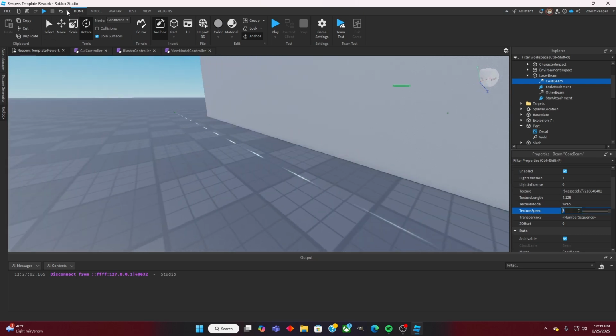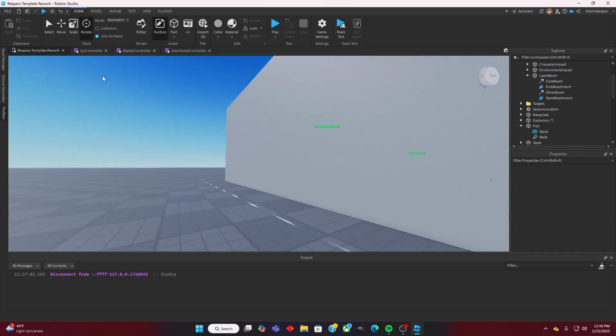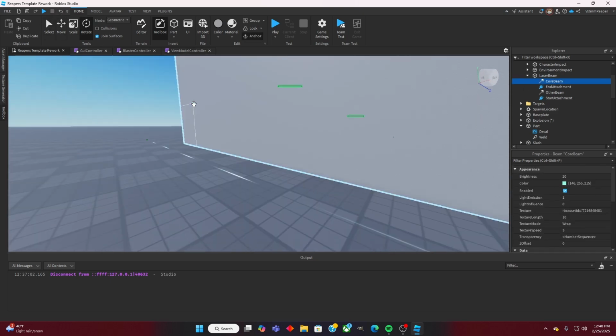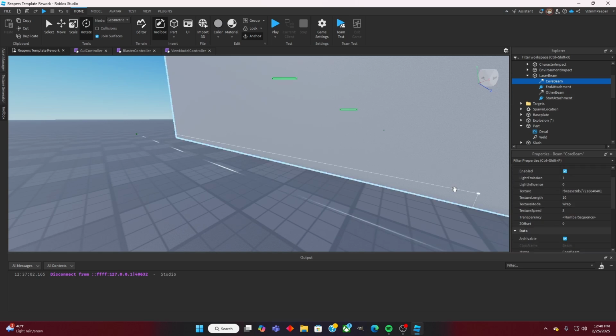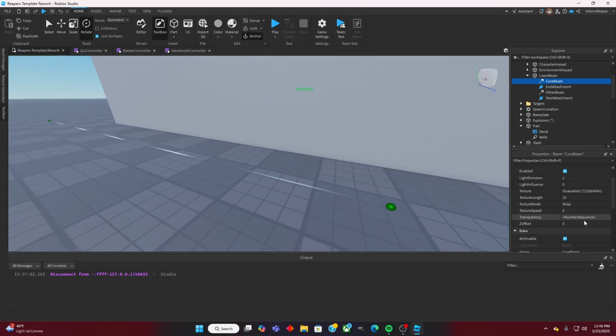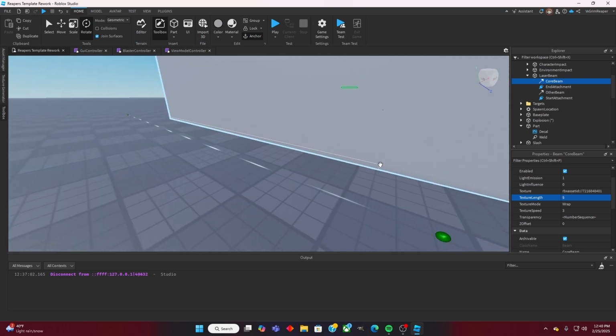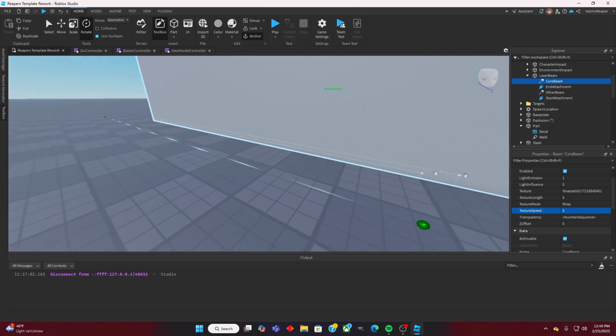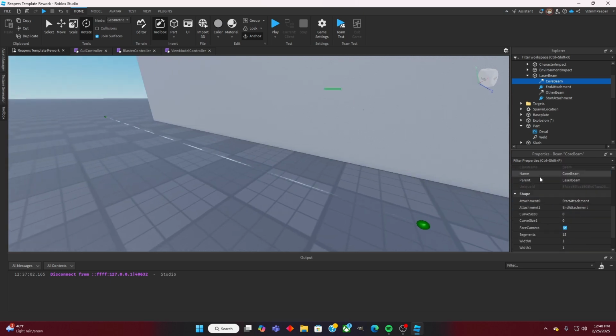But I think I kind of liked it at what it was before. Yeah, this isn't too bad. We can actually maybe change the length a little bit. Change this to a 5. We'll change this to a 5. And yeah,